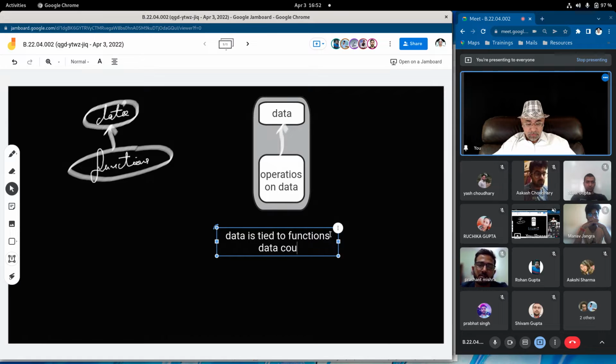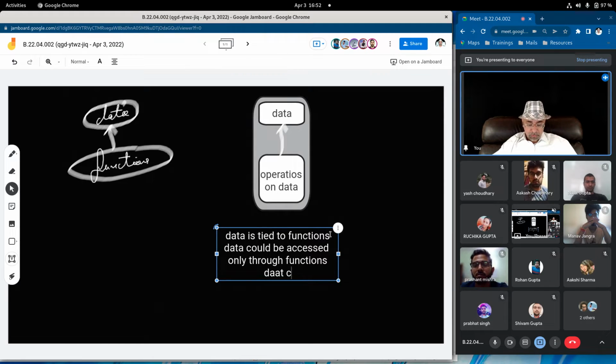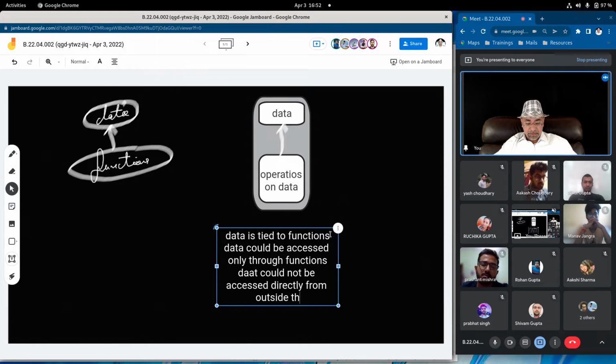Another important point, how the data is protected. Data could be accessed only through functions which are operations. Okay. Another thing, data could not be accessed directly from outside the